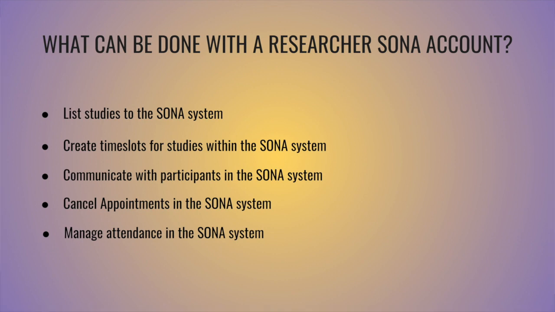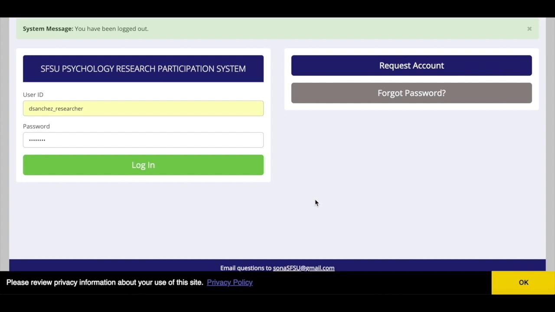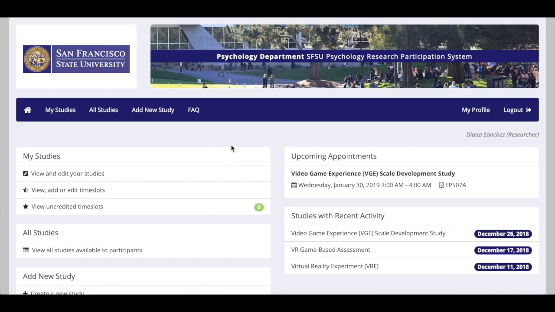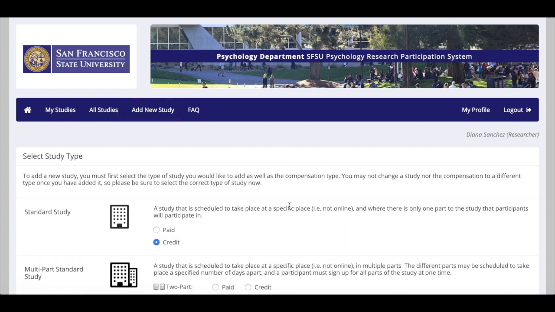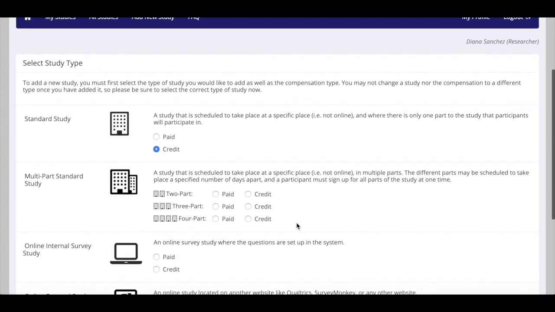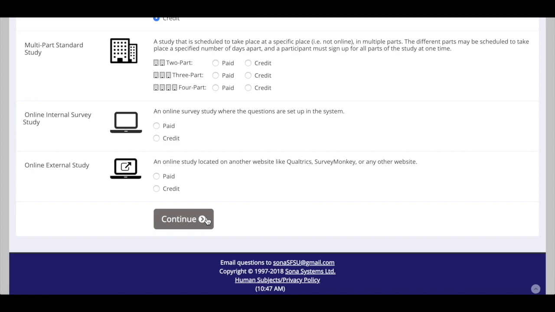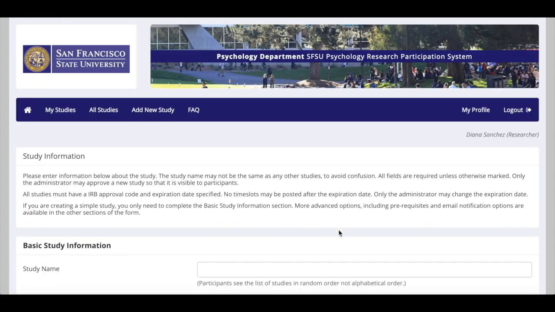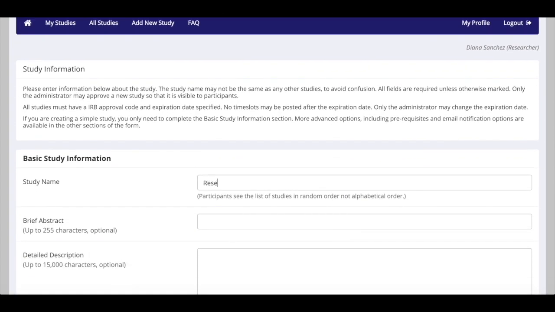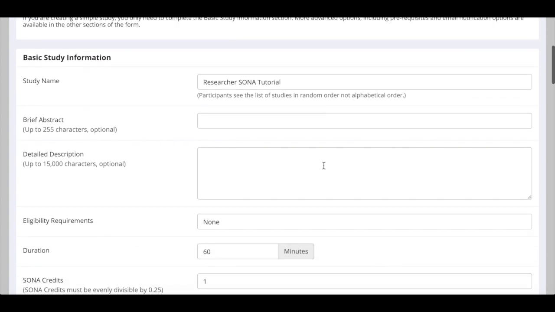To create a study within the SONA system, log on to your SONA Researcher account. Once logged in, click Add New Study from your homepage. Here, you will need to fill out the following information: the type of study being conducted, the number of SONA credits being assigned, or any alternative payment options, if your study will be conducted in person or online, how many